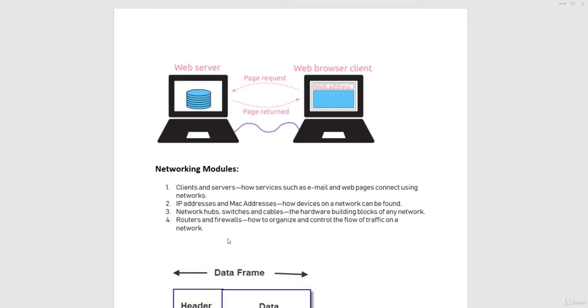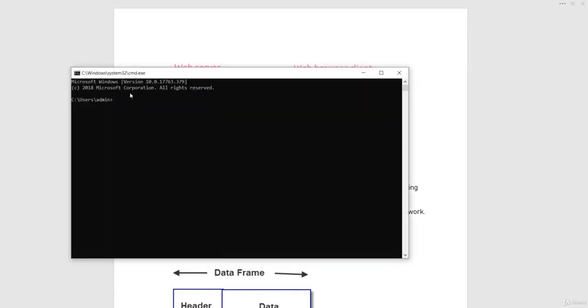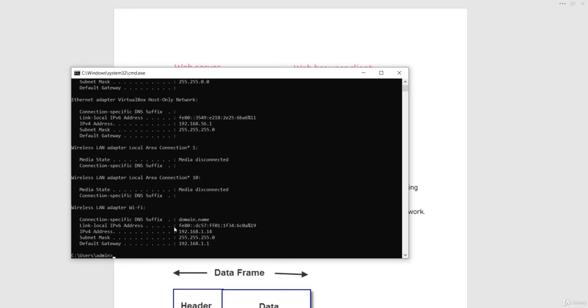So now let's see how we can get the IP address and MAC address on Windows. First of all, let me open the command prompt, and if I type ipconfig and hit enter, you get these connections, Wi-Fi and the LAN adapter. You can see the two addresses over here. One is the IP address of this machine, and the next one is your MAC address. This MAC address is different on different computers, and based on it the information will be given to the particular computer correctly.